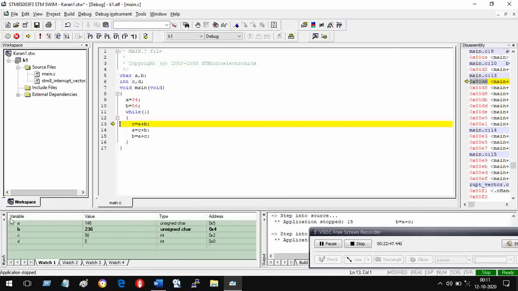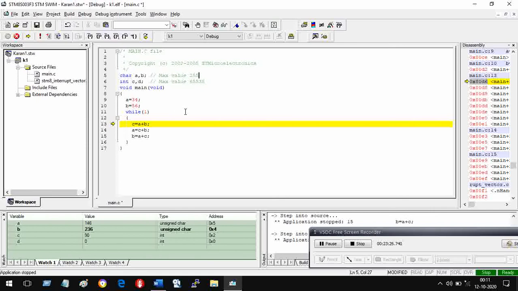Now C is an int, which means its maximum value can be 65,535, and the max value here, let us write down, max value in this case is 255.